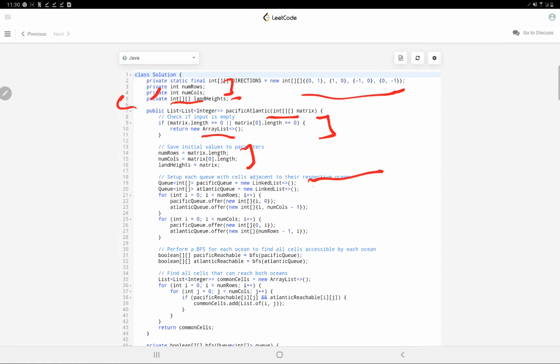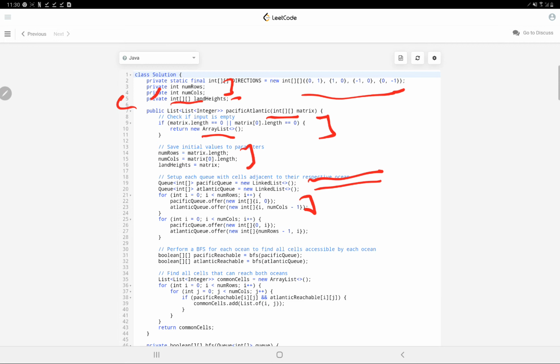Now here we have maintained two queues, one for Pacific and one for Atlantic, because we are applying the BFS approach over here. So we are using queues. Had it been a DFS approach, we would have been using a stack. All right, so yeah, BFS approach, and now we are adding every point that covers the Pacific Ocean and the